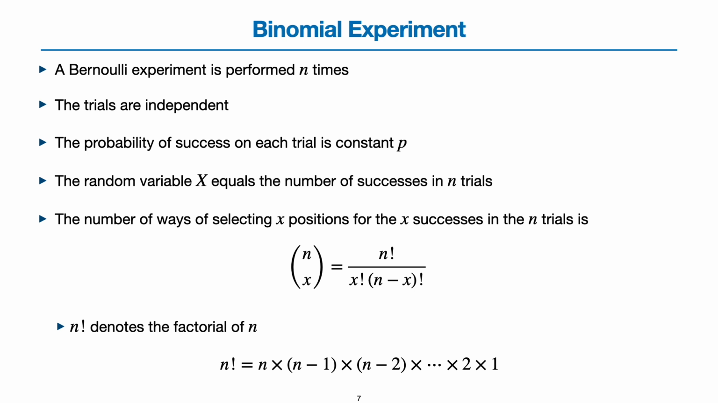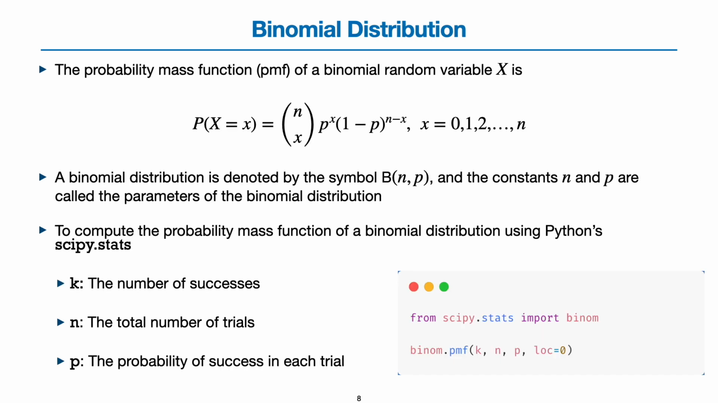So therefore, these are the different number of ways that we can select x positions from n locations. Based on this, then we can write the probability mass function or PMF of this binomial random variable. So the probability of X equals x, where small x is the specific realization or observation, is n choose x times p to the power of x, because think about it this way, we have n locations, x